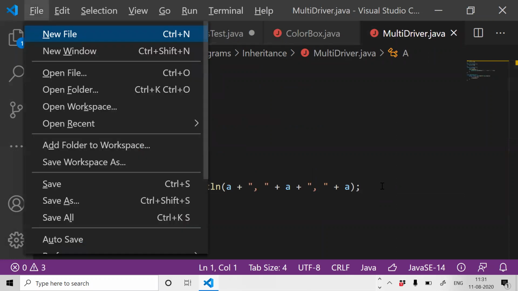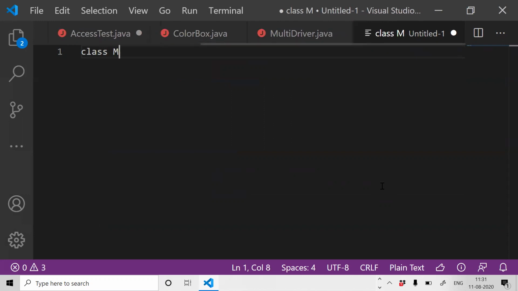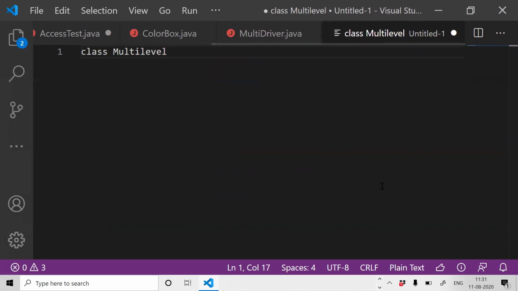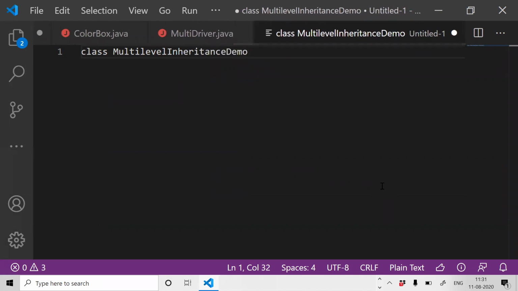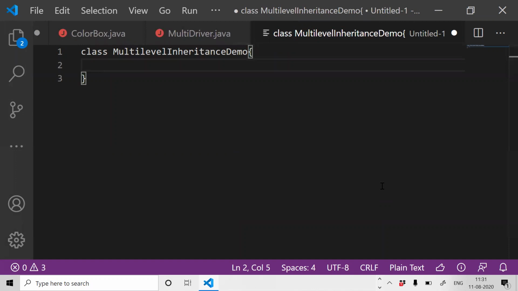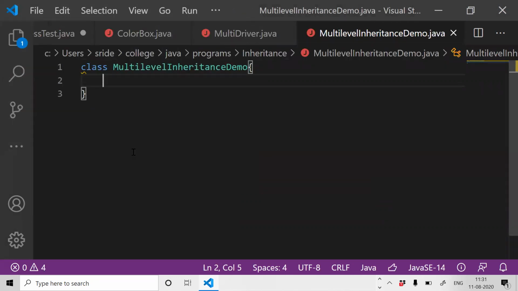I'm opening a new file. Here I'll write a multi-level inheritance demo. So this is saved with this name.